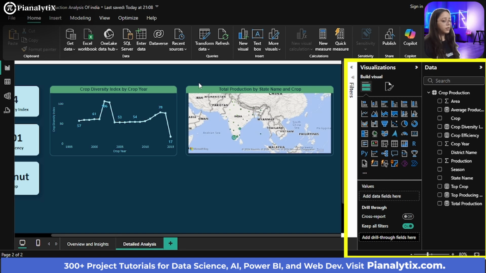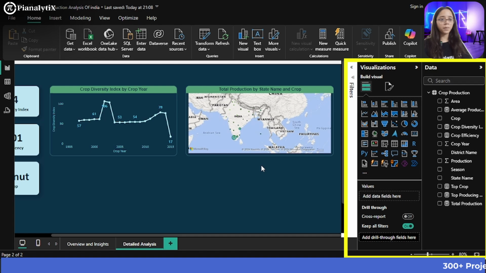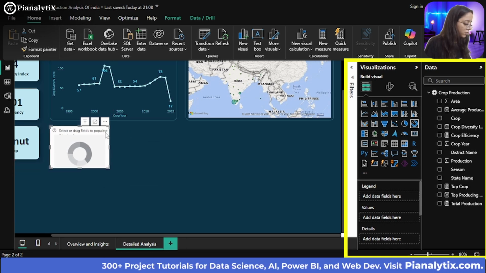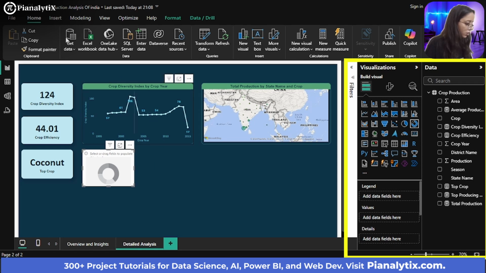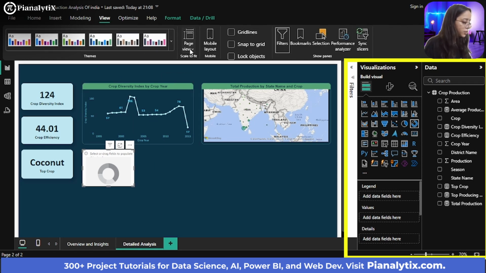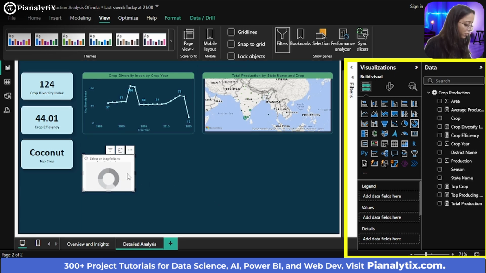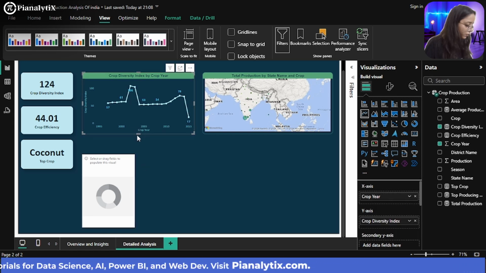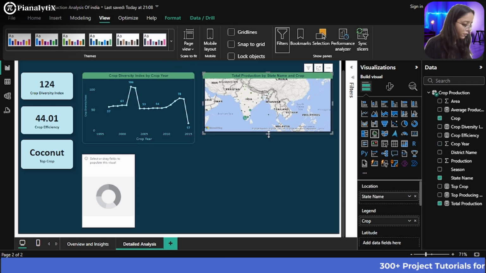Now once I have created this measure, we will move on to the next visualization, which is the average production per area by each state. For this, we are going to create a donut chart. Let me drag this. First of all, let me zoom this out a bit. I'll go to the View section, and we're going to set the page view to fit to width. And then we're going to make sure it's all the way down here and resize it. You can increase the size of this, and you can also increase the size of this from here.